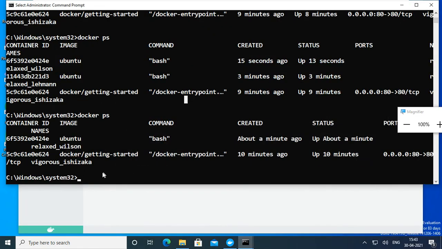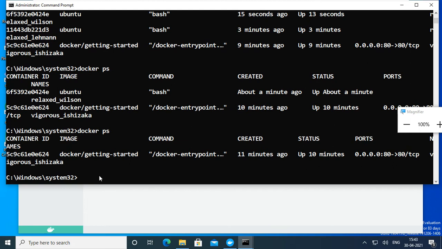Okay, now how to deal with this? When you put docker ps, now it is not showing the container, so you can delete the image. I want to delete that image. Docker rmi means remove image. We can't put the name, you have to give the image ID.